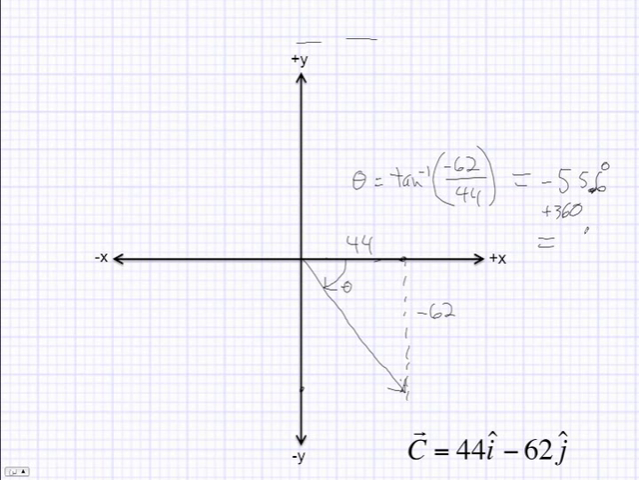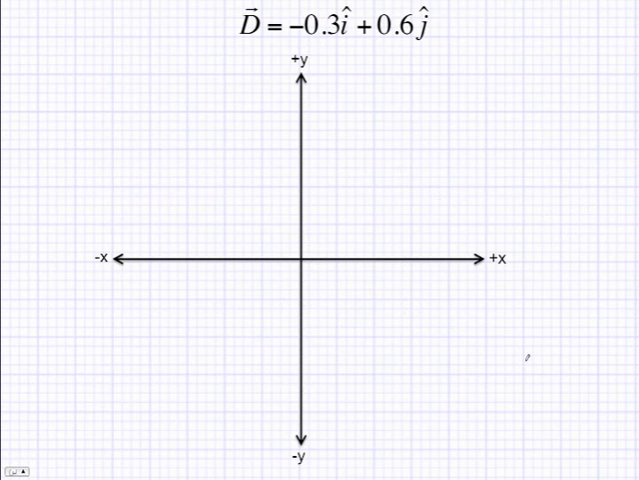That comes out to 305.4 degrees. That's the same angle measured counterclockwise from the plus x-axis. So that would be that angle there, and they're the same thing as long as you know what you're doing. Let's take a look at another one,